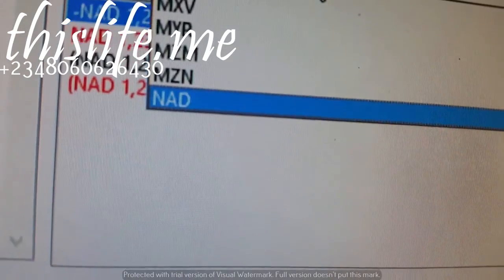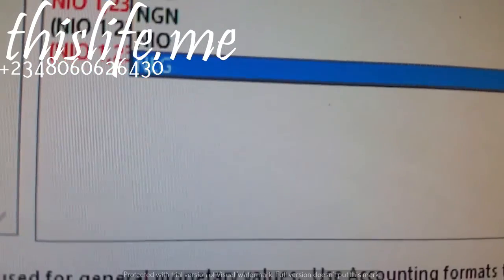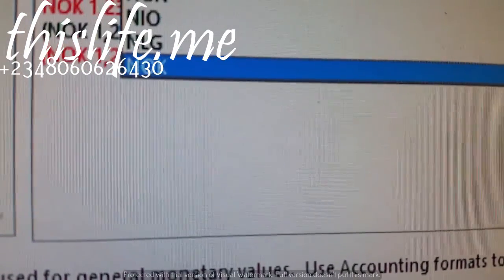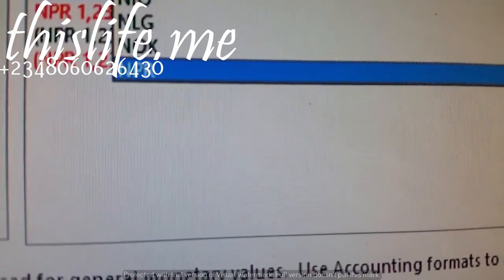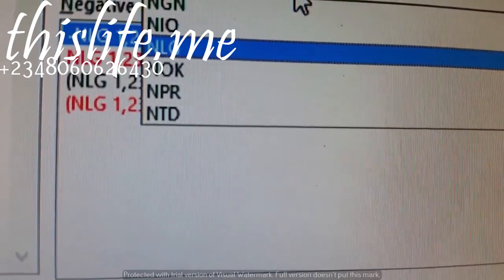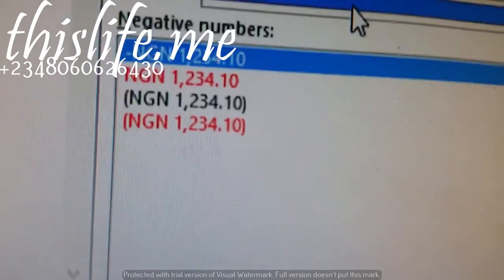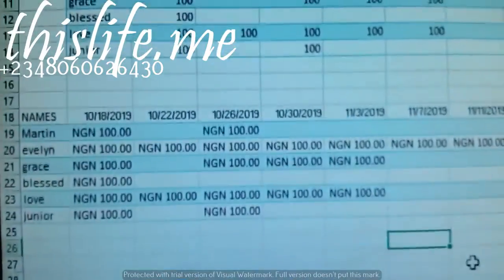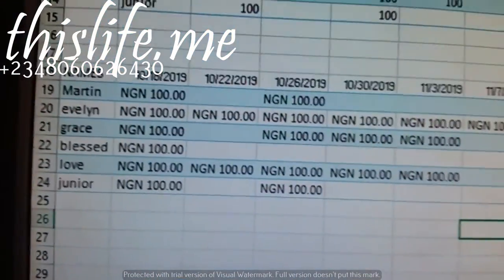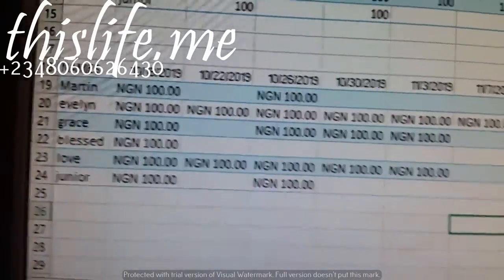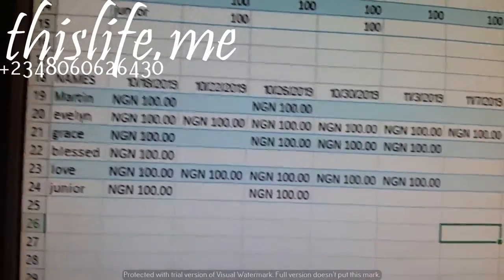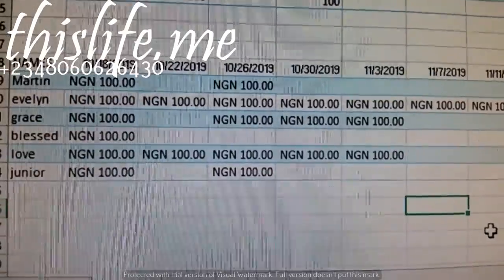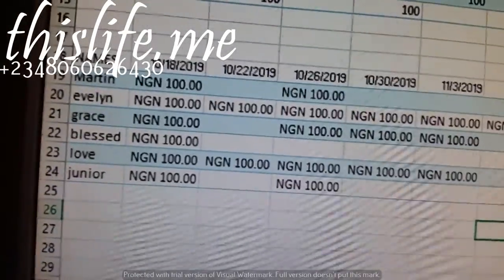Just press N, it will jump to N because they are arranged in alphabetical order. I press enter. Okay. You will notice now that all the figures are incorporated with the Naira symbol, indicating 100 Naira each, the days that they paid and the days they did not pay.